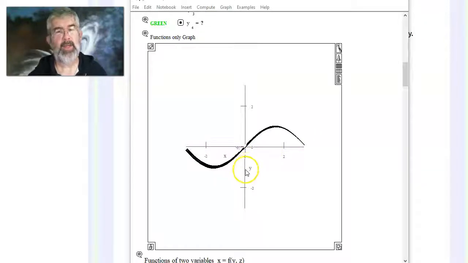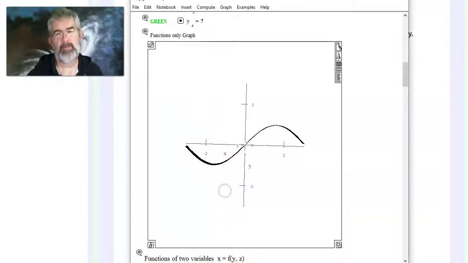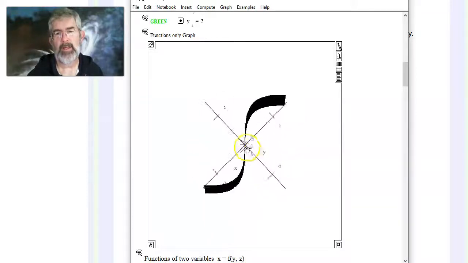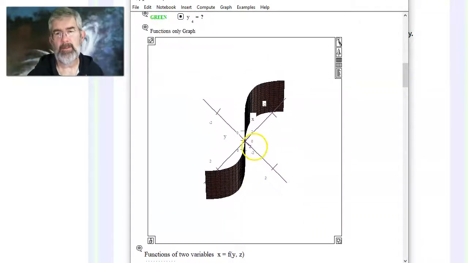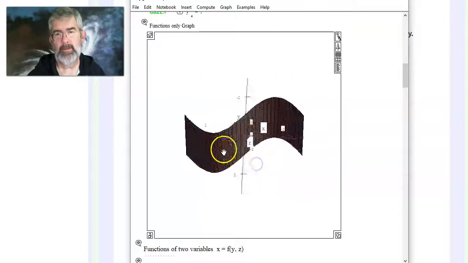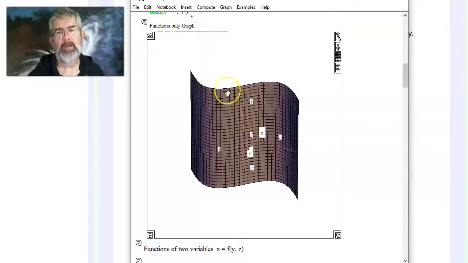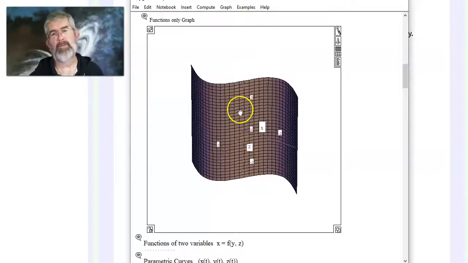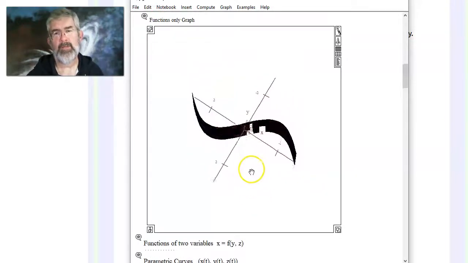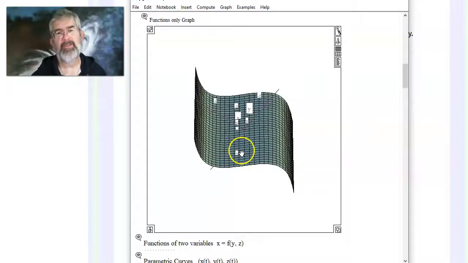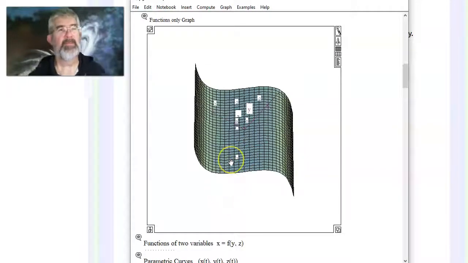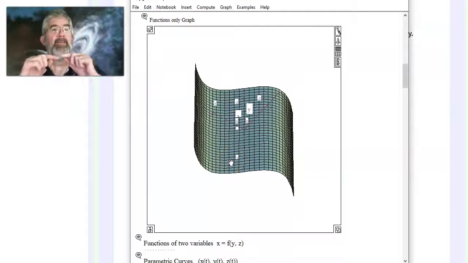But to say y equals sine x, that equation has no z in it. So if I'm thinking of this as describing a surface in space, well, then z can be anything you want because it doesn't change the truth of the equation. And how do I flip this around? Here we go. In the z direction, I can just slide that sine curve as far as I want. So this would be a cylinder in a sense, because it's curvy in one direction and it's straight in the